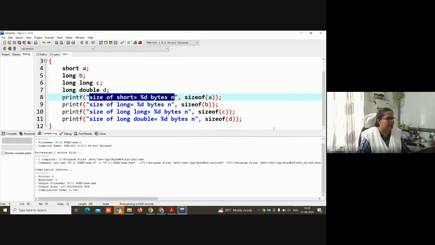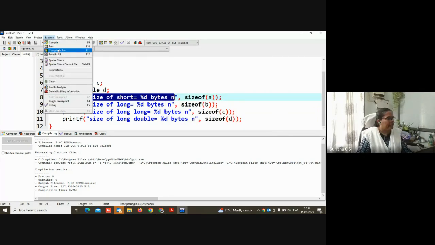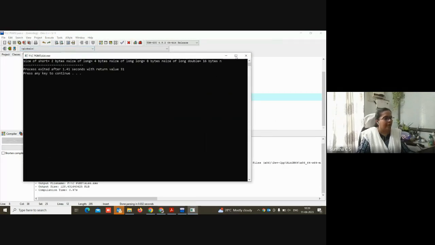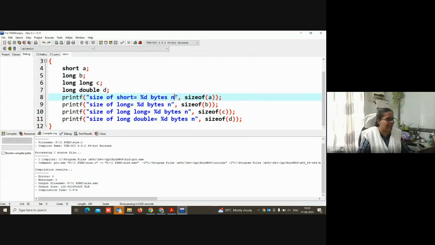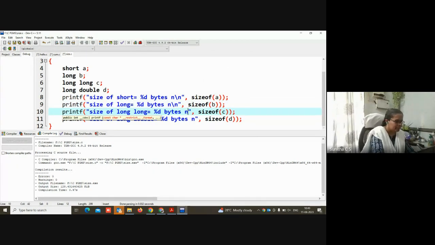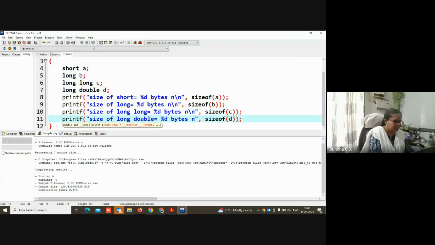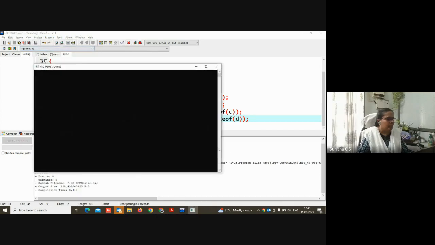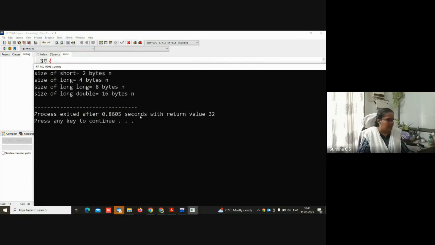Size.c. So I'm just executing it. Oh, I don't have that backslash n. Everything is coming in the same line. So you can see,